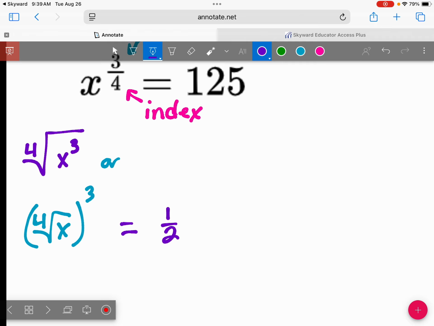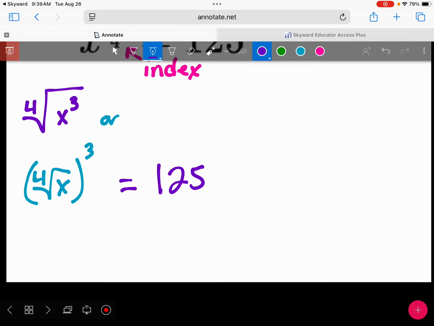I don't know why I switched. Because if I have something cubed, what do I do to uncube it? Cube root. If I cube root both sides,